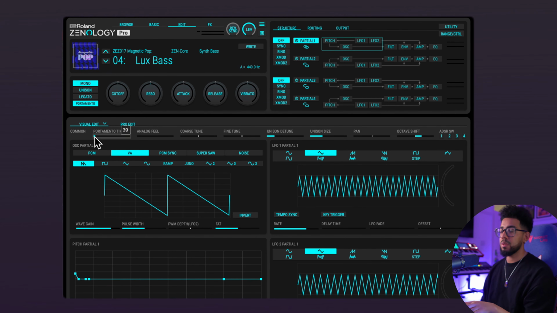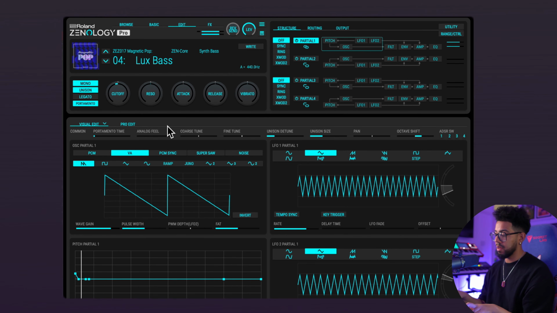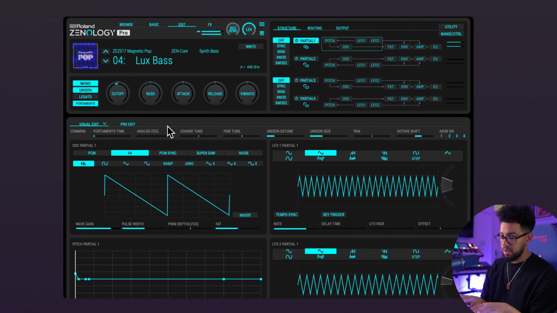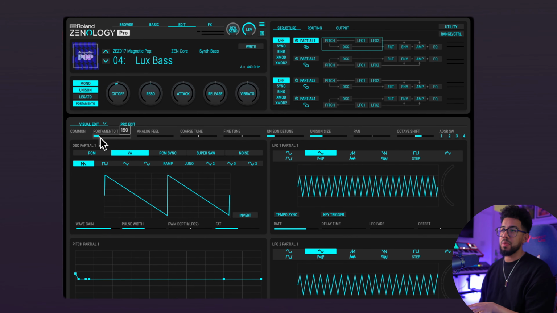I'm going to add a bit more portamento. I'm going to maybe take some of the cutoff down. Okay, add some unison. It's going to thicken the sound up. So it's a really great bass sound, but now I maybe created a lead. If you take the portamento all the way up, you can create your own risers, which is sick. So let's go from a lower note,